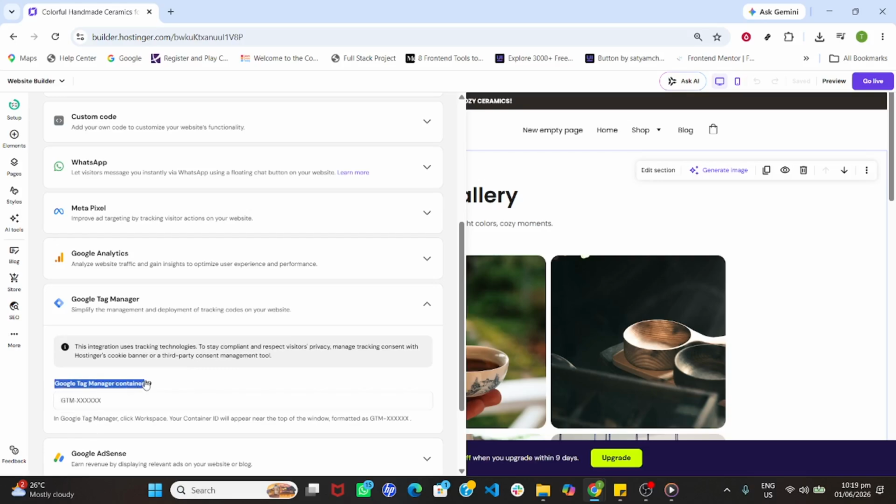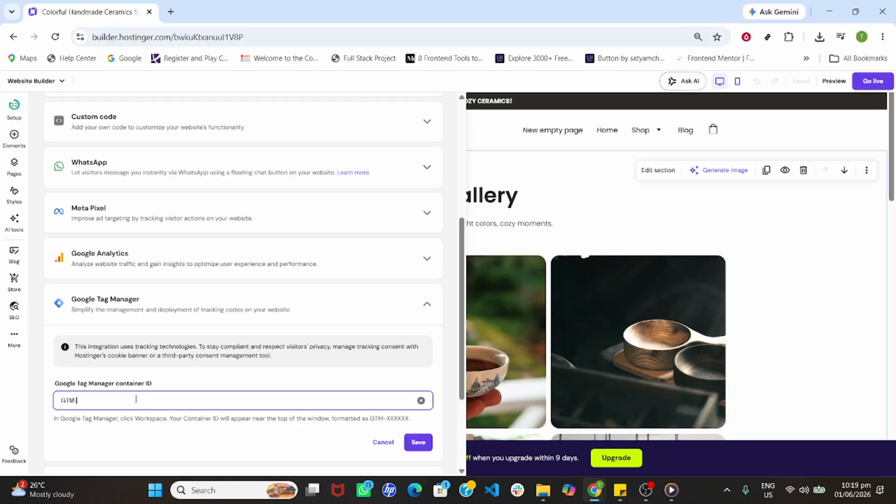Alright, you will now see an input field labeled Google Tag Manager Container ID. Click on that field. If you are not sure where to find your ID, do not worry. Click the highlight button right next to the field. It will give you a visual clue about where to look. And here is the really important part. You need to switch over to your Google Tag Manager account. Open a new tab or window and log in to